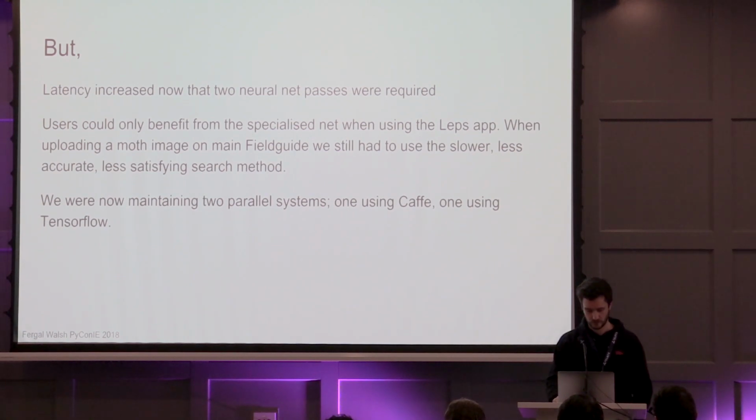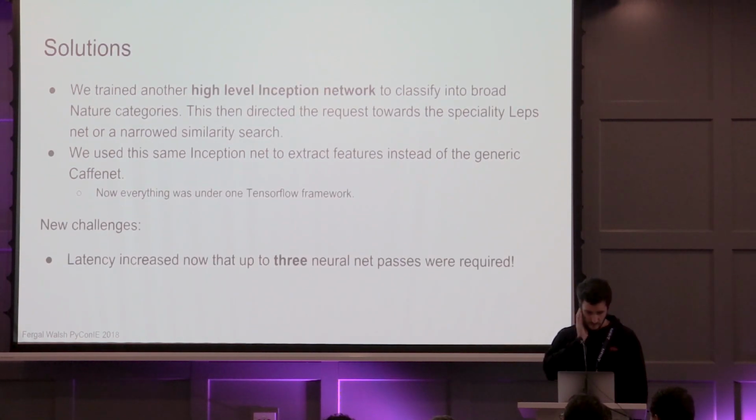So now we had two neural nets that we have to keep online, and then the images pass through them. It takes some time to pass through the neural net, so it adds latency. And then the main problem was that we had two parallel systems, which was just not a good idea. So the solution,